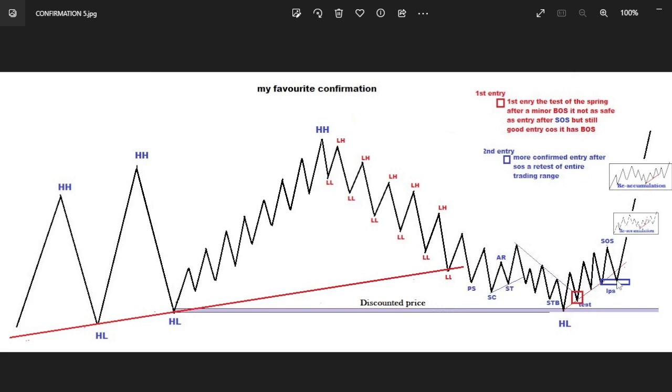Then on lower time frame, on 1 minute around this area, I have to look for an accumulation like this area, and take this entire move. And if this structure is within a high time frame, we have potential to actually